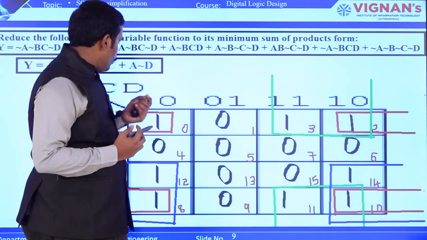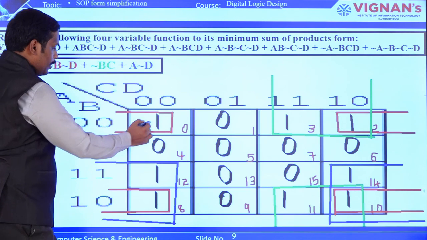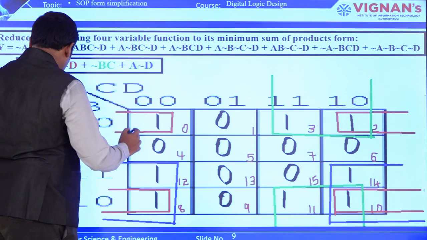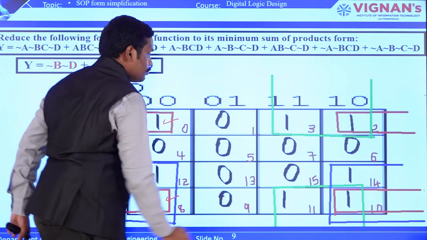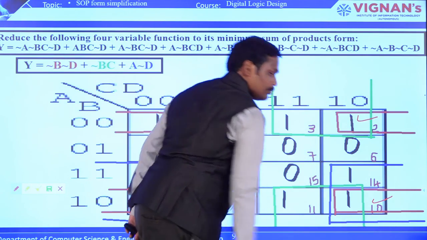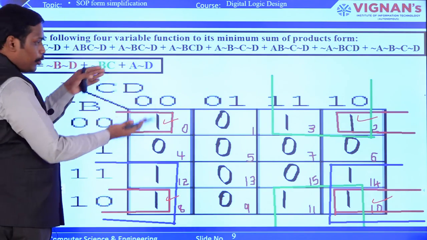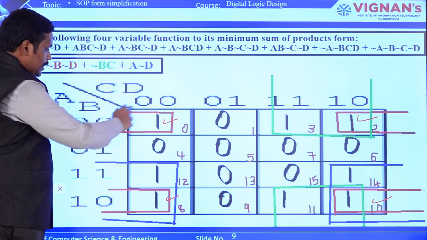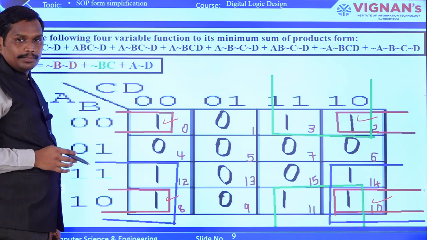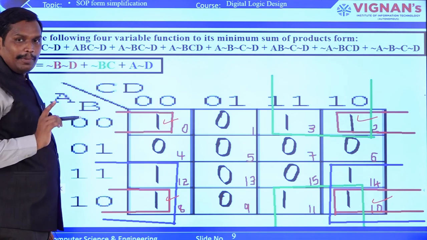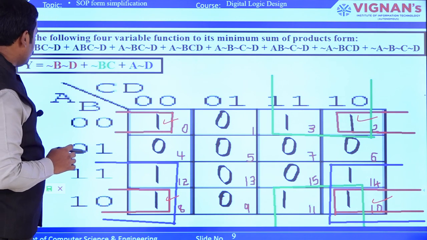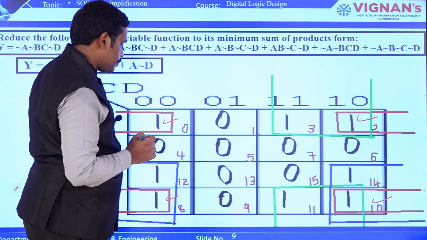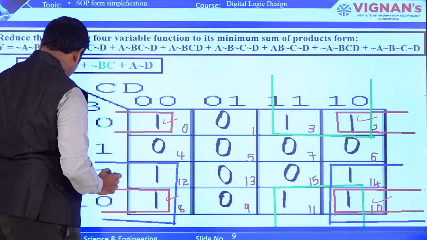To group the cells, you can see here this particular one, this particular one, this particular one, this particular one, and this particular one. These, if you are going to Karnaugh map, can be folded, as I told you, top to bottom or right to left. This particular 4 ones can make a quad. So this particular 4 ones will make a quad. For that particular quad, I have made it a quad. And then we can see even these 4 ones.